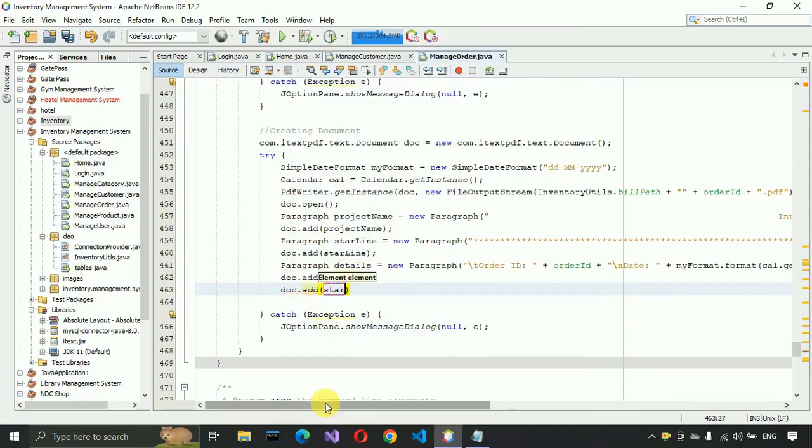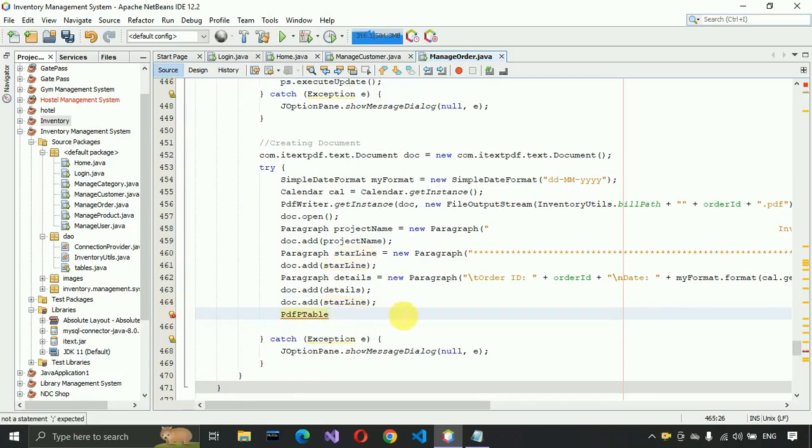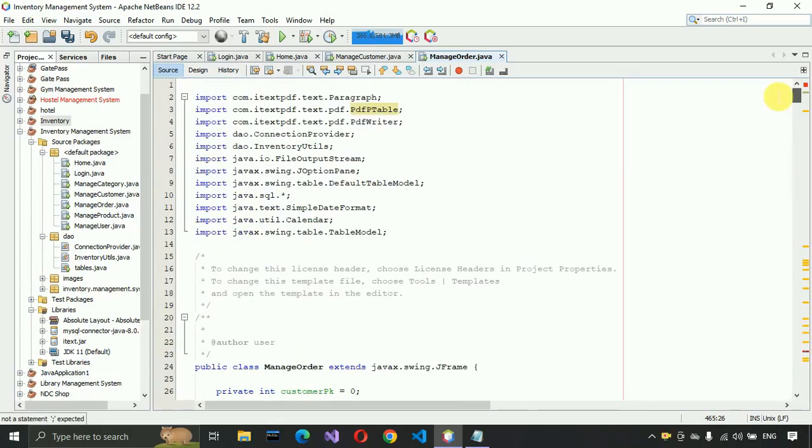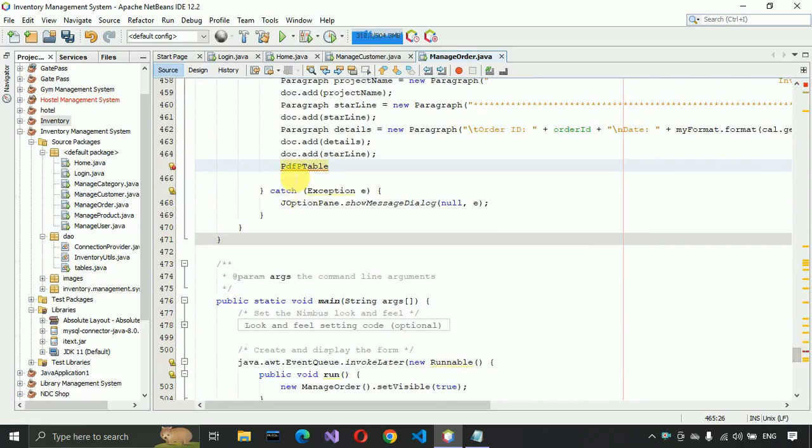and after that we have to add doc dot add, and we have to add the star line, this one again, and then we have to create the main part of this PDF, that is PDF table. So PDF P table, and we need to import it from, you can see, com.itext.pdf.PdfPTable. Okay, if I go to the top of this page, you will see the same. You can see all the imports here,